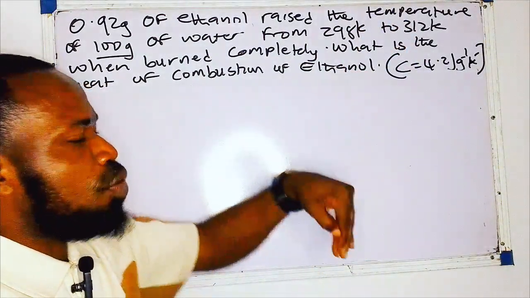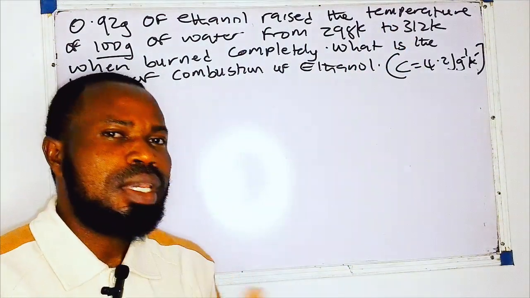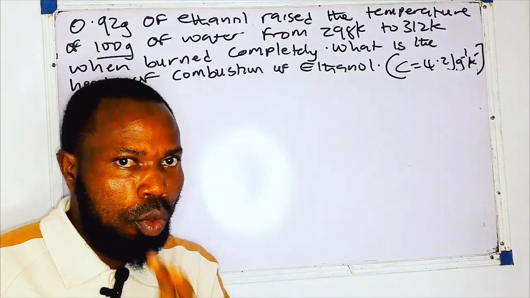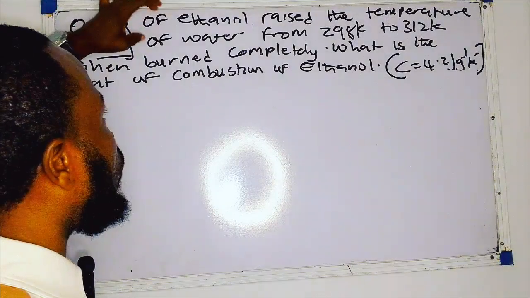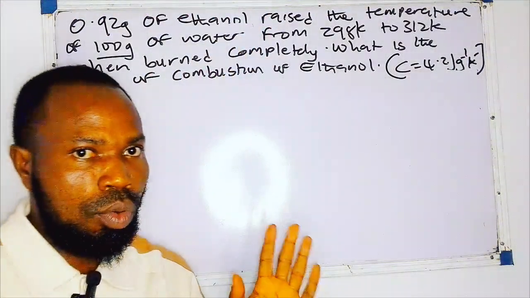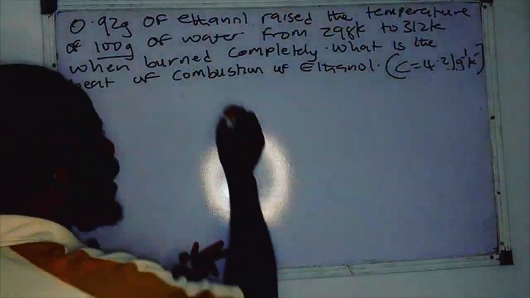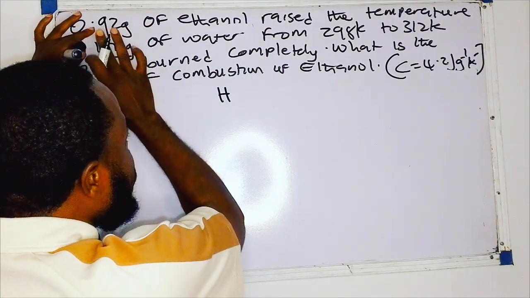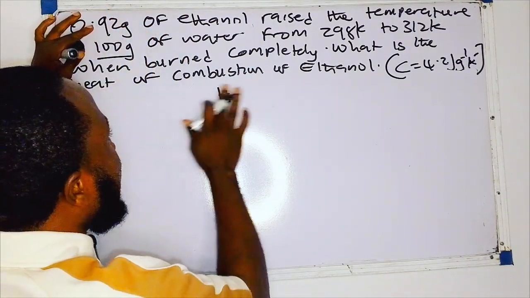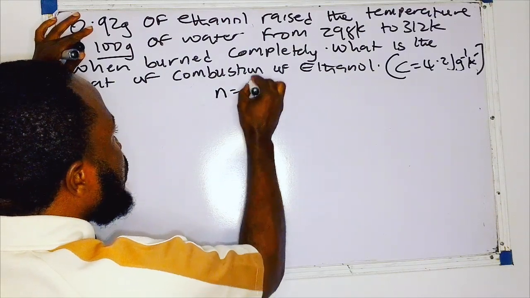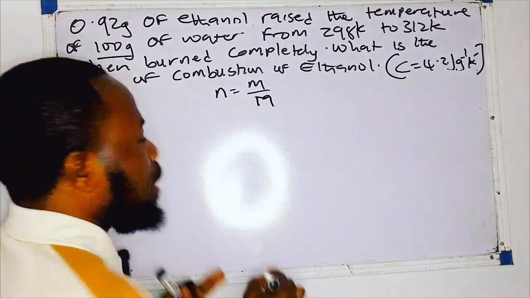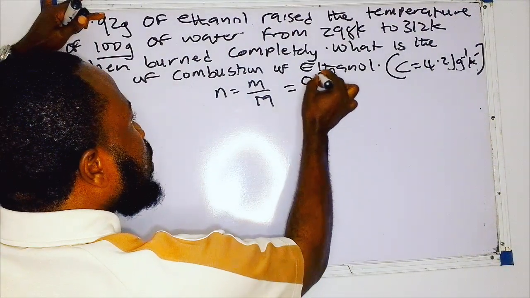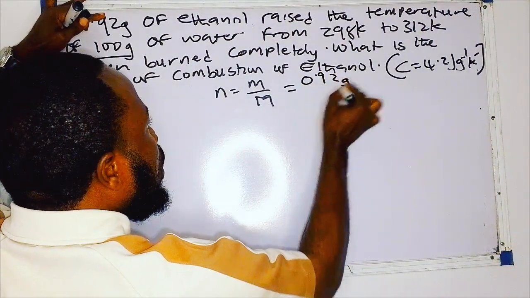It said, what is the heat of combustion of ethanol? You know what it means? It means, what's the heat of combustion of 1 mole of ethanol? But first of all, we need to know the amount of heat of combustion of 0.92 grams of ethanol. How are we going to do that? First of all, convert this to number of moles. Number of moles is equal to mass over molar mass. The mass here is 0.92 grams over